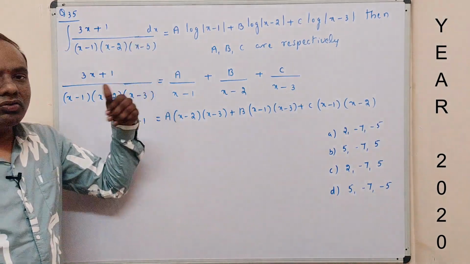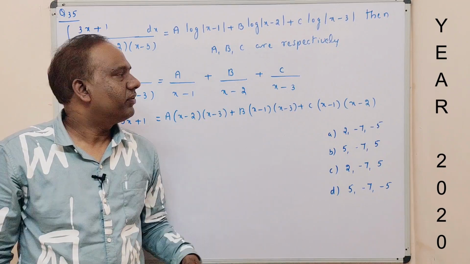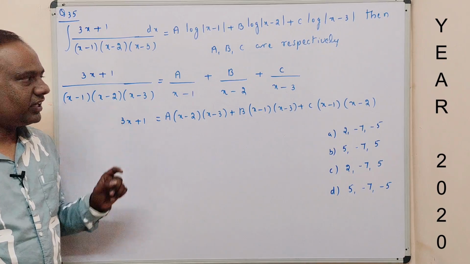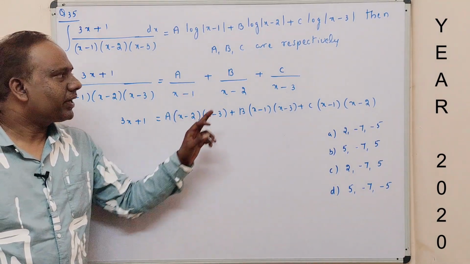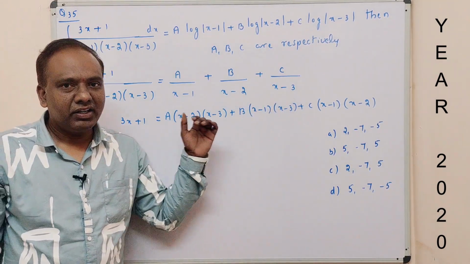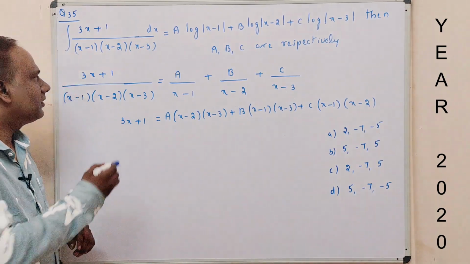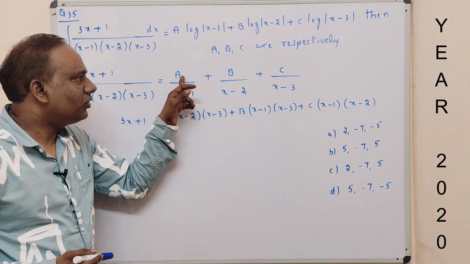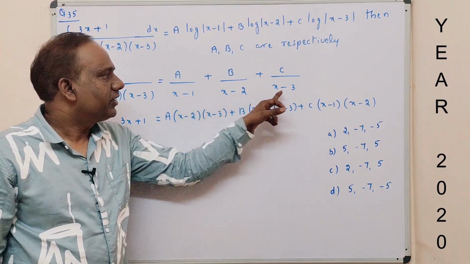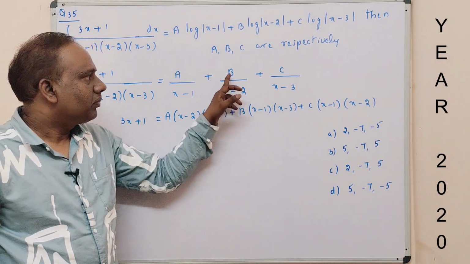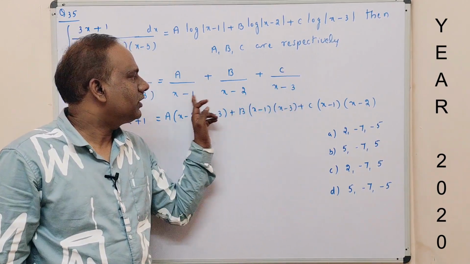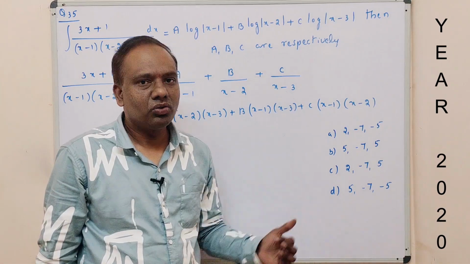First of all, by using partial fractions, we can find the a, b, c values here. So here there are total 3 factors. Now 3 factors means we can write a by x minus 1 plus b by x minus 2 plus c by x minus 3. So here I write one direct step. Directly we can write 3x plus 1 is equal to a into the remaining 2 factors, leave this factor, plus b into these 2 factors, leave this, plus c into the remaining 2 factors, x minus 1 into x minus 2, like that.